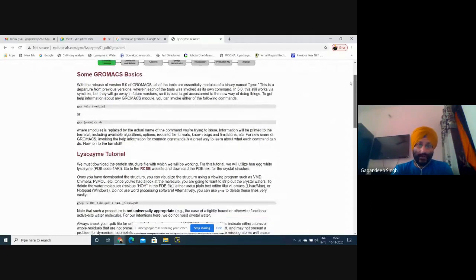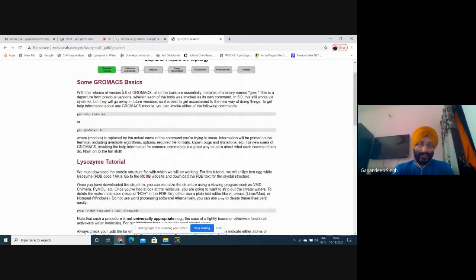First of all, we need to install GROMACS version 5.5, which I think is the latest version. Maybe others are also available, but you should install GROMACS 5.5. By typing gmx help or gmx -h on the command line, you can see many commands that can be helpful for your work on a structure.